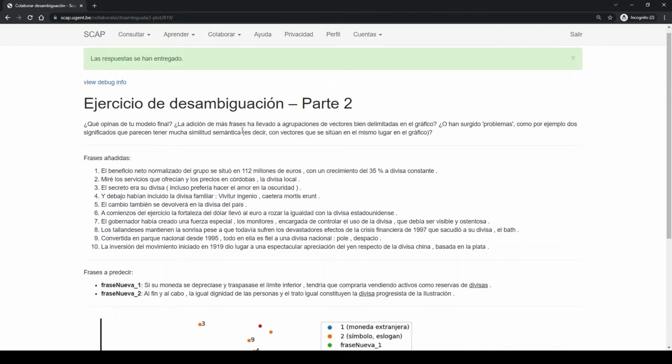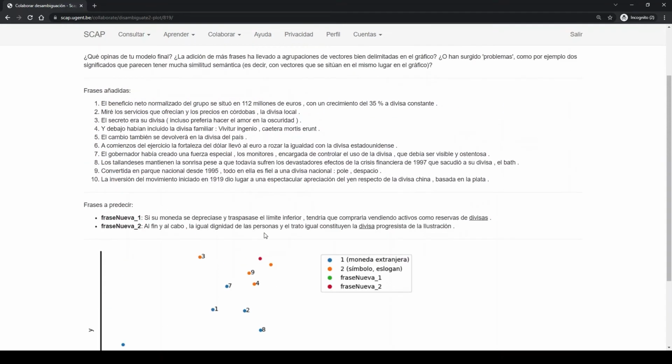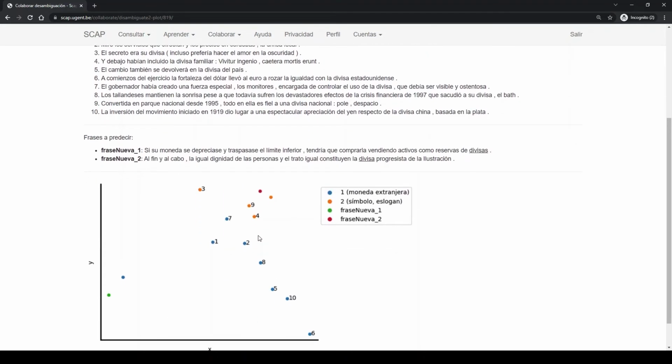So here at the top we have put some questions for the user to think about: if the new sentences have led to clearly delimited spaces, groups of vectors in the graph, or if it appears that the vectors of two senses are located close to each other, which would reflect some link between those two